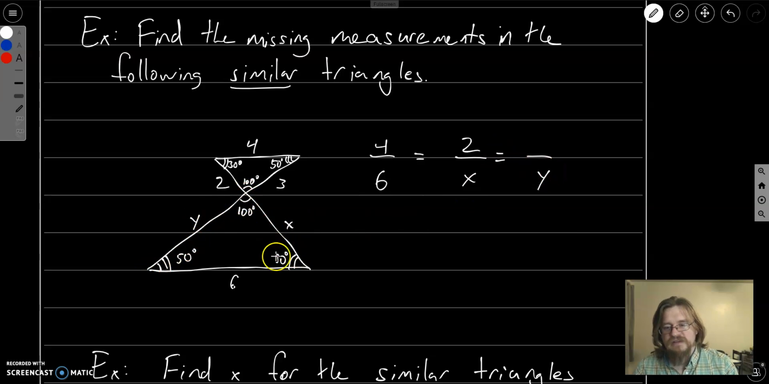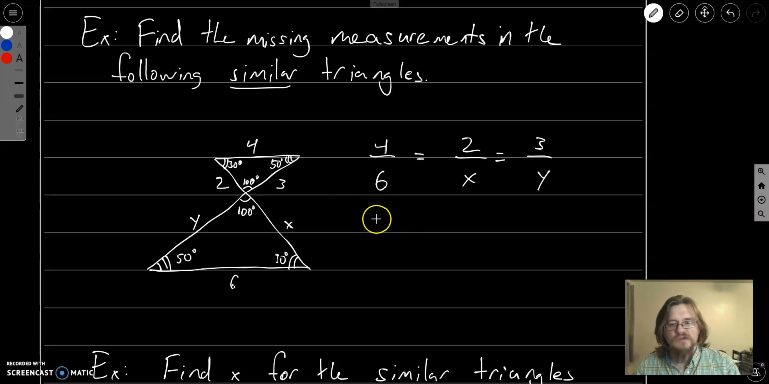And this is opposite the 30-degree angle. And up here, what's opposite the 30-degree angle is the 3. So notice we've got all the small triangle values on top, we've got all the bigger triangle values on the bottom, and this is something that I could solve. So let's just look at the first two